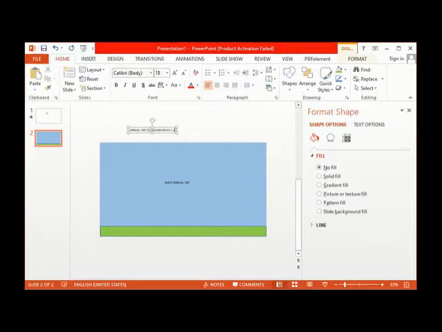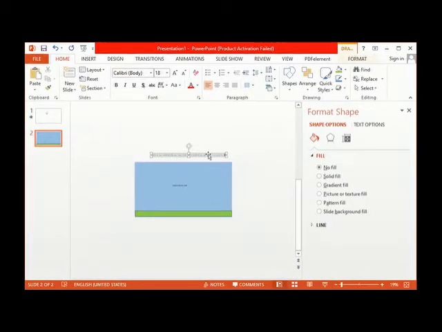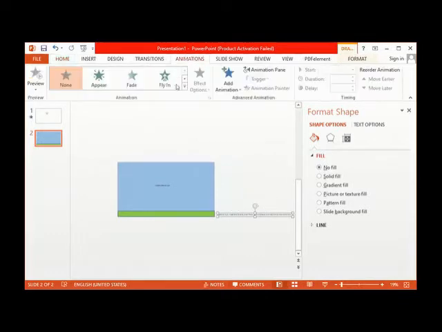will start from 20th December 2020. Something like that. So this is the message you want to show passing through this. So we minimize this, bring that message here. Now you select that, go to animation, go to the more,